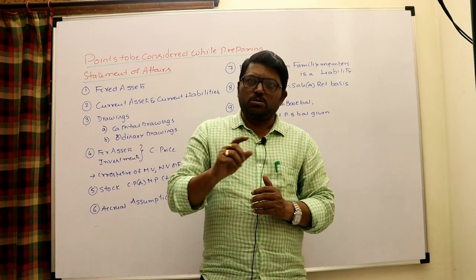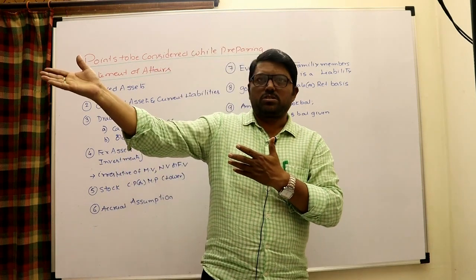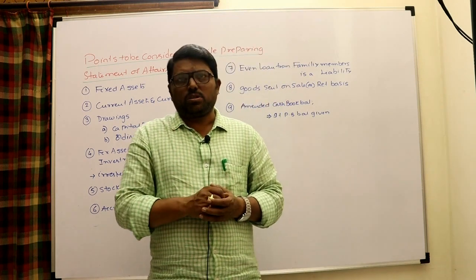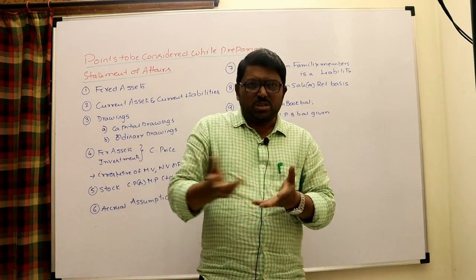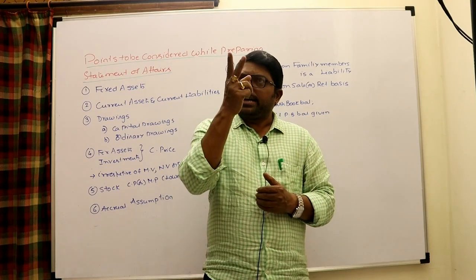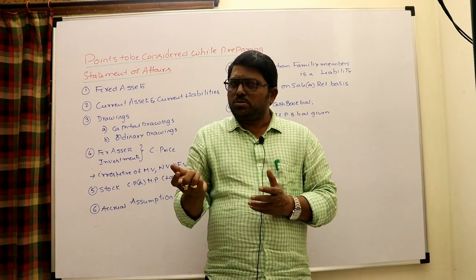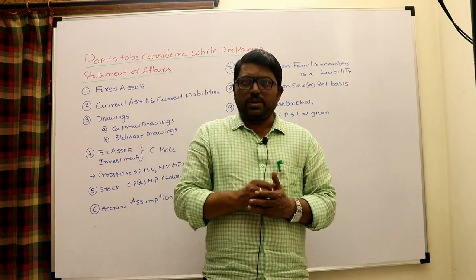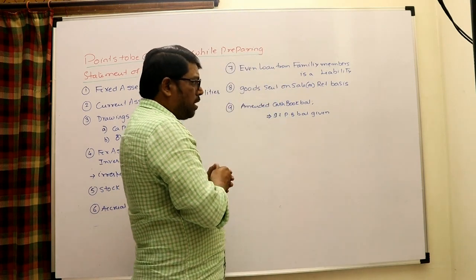Second entry, stock with customer to trading account. Because the sale is being cancelled, of course, for that stock we are the owners, so that stock is to be generated. Stock with customer to trading account is written at cost price. Here, no sales or trading account is there, because we are working out profit and loss through a statement of affairs. Therefore, the debtor is to be reduced at sale price, and stock is generated at cost price. Debtor is reduced by sale price, stock generated at cost price, whenever goods are sent on approval basis.